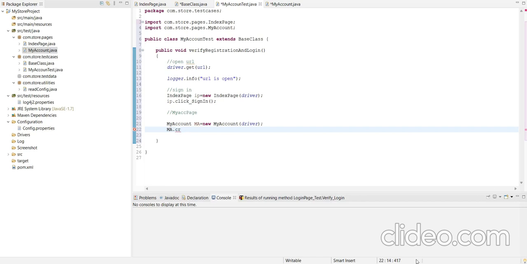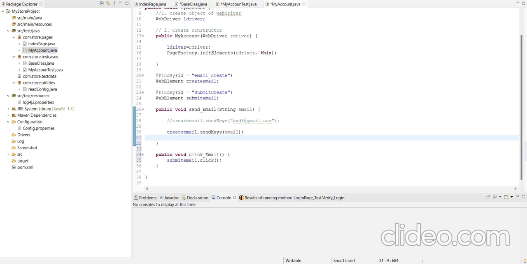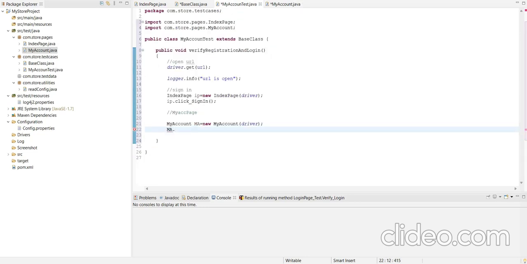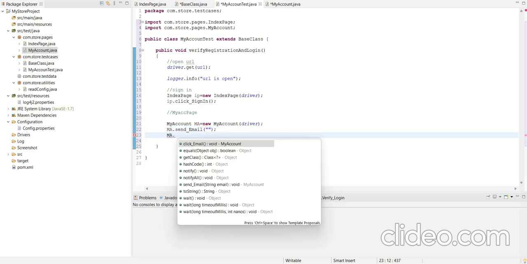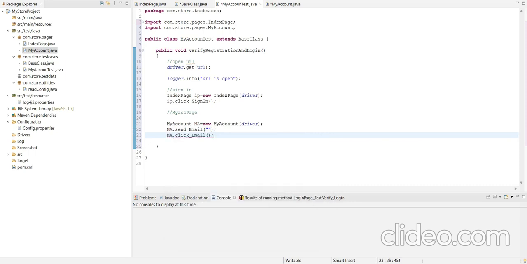It is not opening. Actually, I have not created the method for the click email, and in the test I have to call the method. So ma dot send email, and here we have to send the email in double quotes, and the other is ma dot click email.